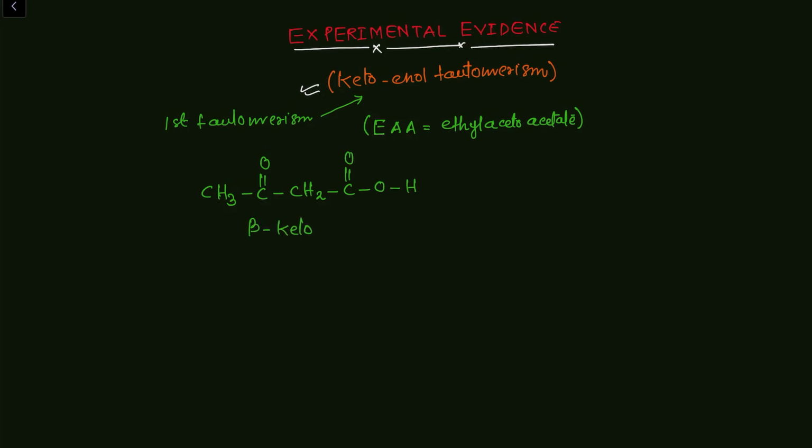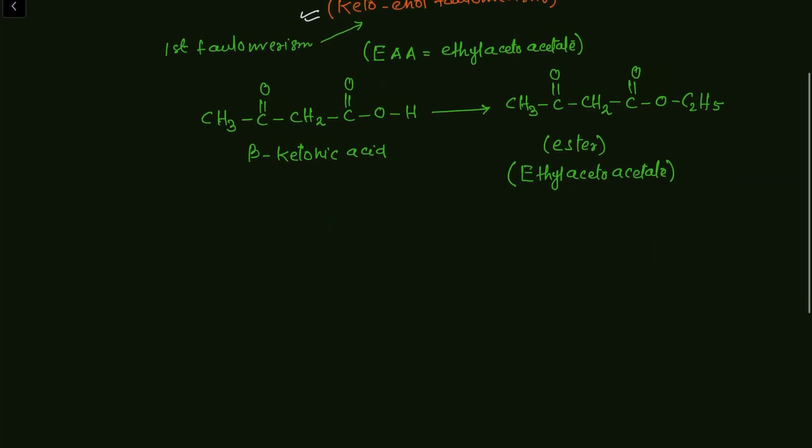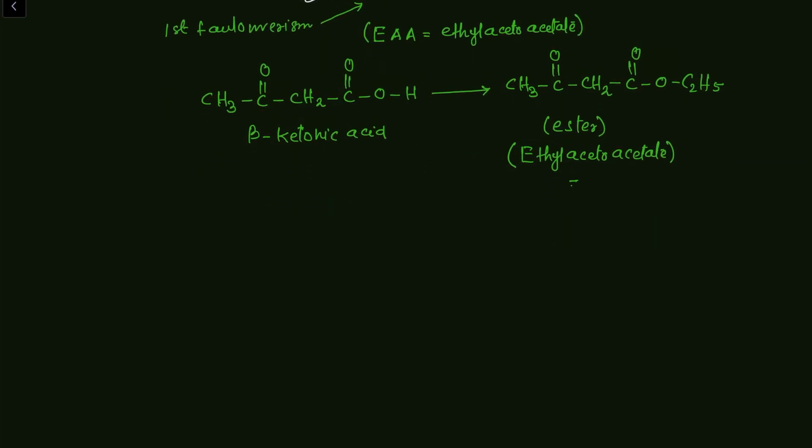Beta ketonic acid. When this acid forms the ester, the formula of the ester of this acid is CH3COCH2COOC2H5. It is an ester and the name of this compound is ethyl acetoacetate. How this ethyl acetoacetate is the main reason for the discovery of Tautomerism, or you can say Keto-Enol